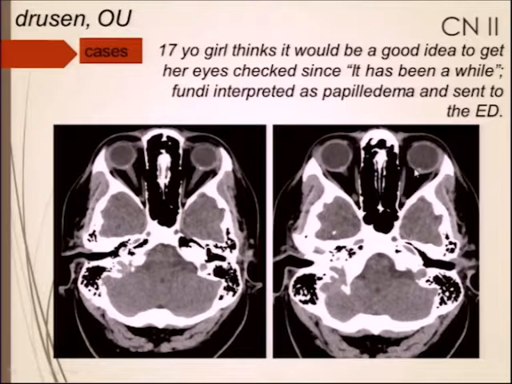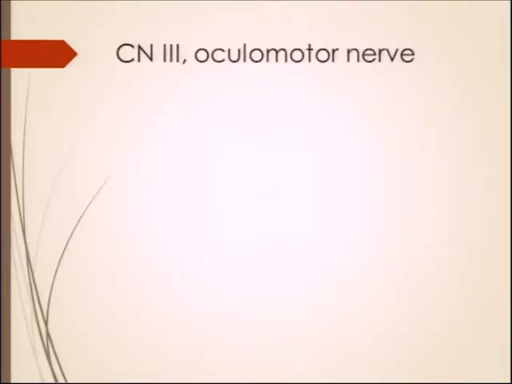So drusen is in fact one of the classic fake-outs for papilledema, and so it's important to keep in mind that if you have a patient who, depending on your confidence in the ophthalmologist's fundoscopic evaluation, has no other symptoms consistent with increased intracranial pressure but has papilledema on exam, most of the time those patients in our department would just go immediately to a B-scan ultrasound rather than having CT or MRI. But just keep in mind, if you're involved at all in the workup of that patient, that it